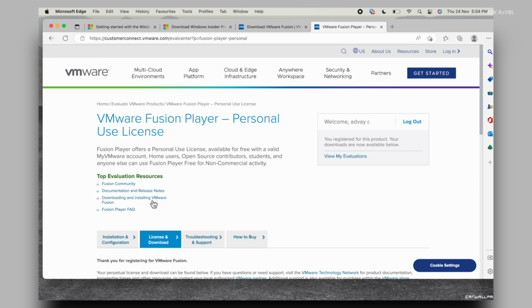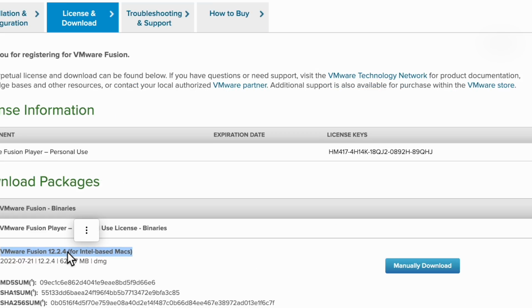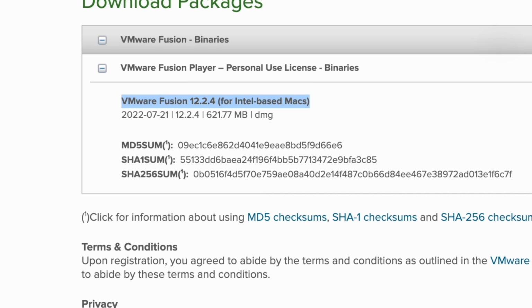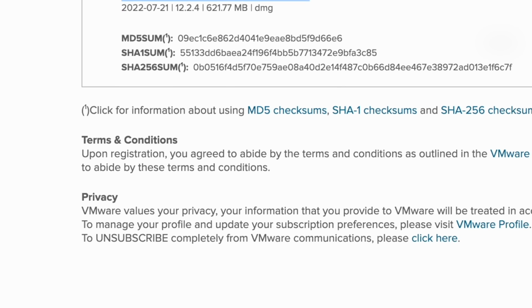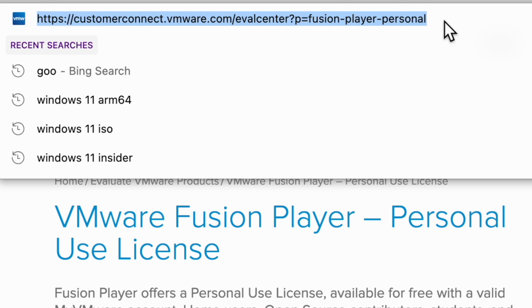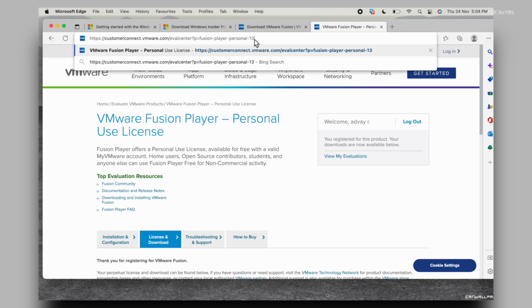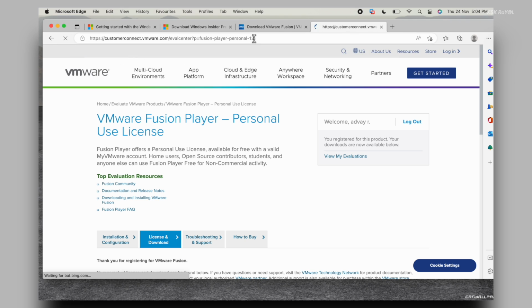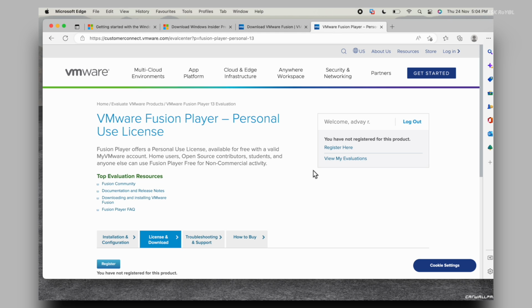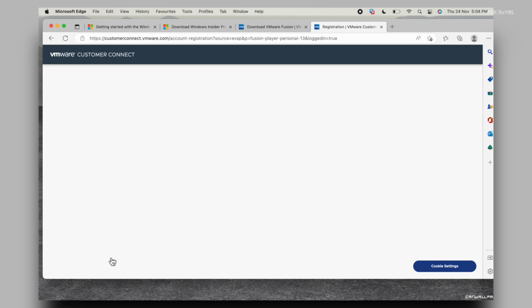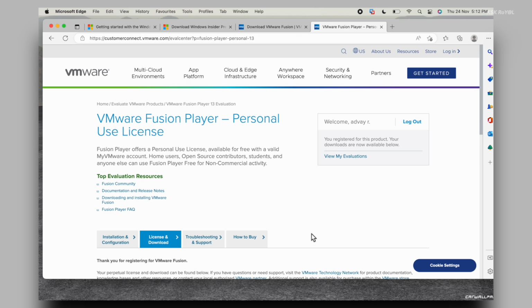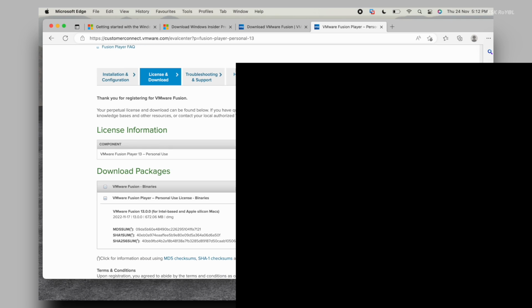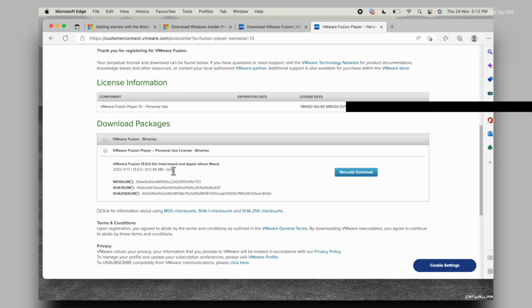Once you are logged in, under the download section, you will see that VMware is only available for Intel Macs, not for Apple Silicon. To fix this issue, reload the URL by adding this number to the end. This time, click on Register and complete the registration, then click on a free trial. Once it's done, you will see Fusion 13 for Apple Silicon and the license key. To be honest, the download process is a bit awkward and takes some time. So anyway, go ahead, copy the license key and download the DMG file.